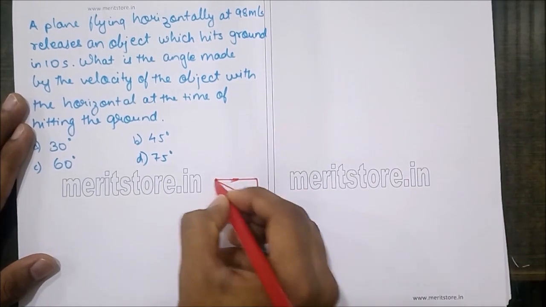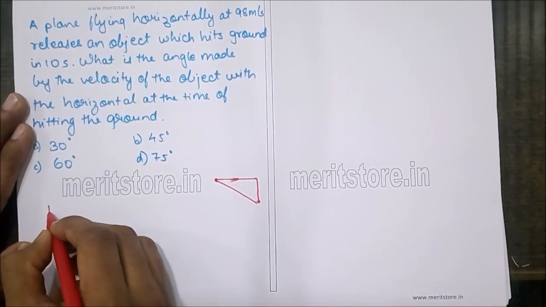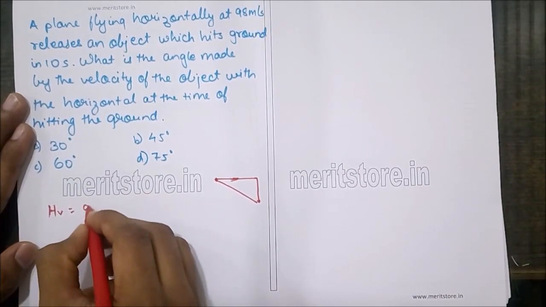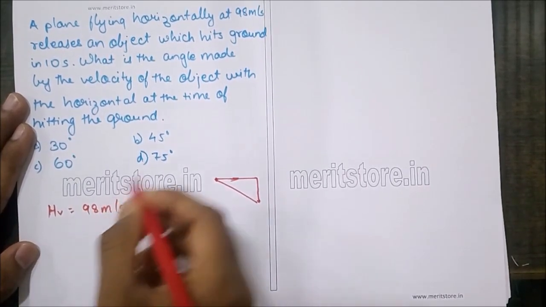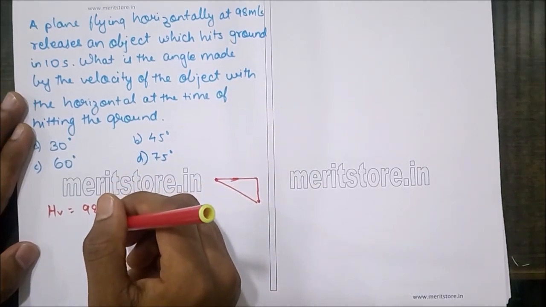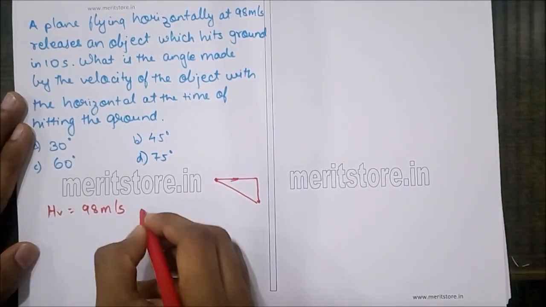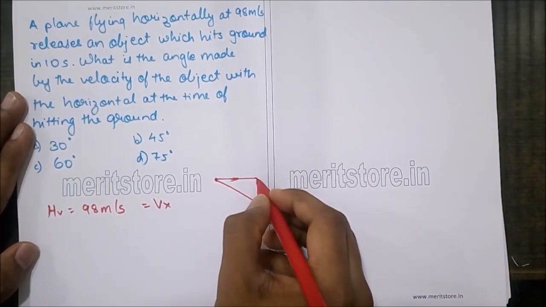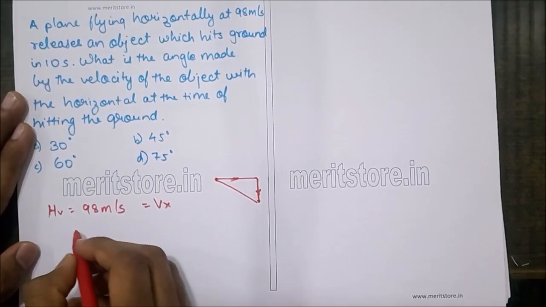The package has a horizontal velocity component, as the horizontal component of velocity is 98 meters per second, since that is what the speed of the plane was. So velocity in the x direction. Now for y direction velocity, since it falls,